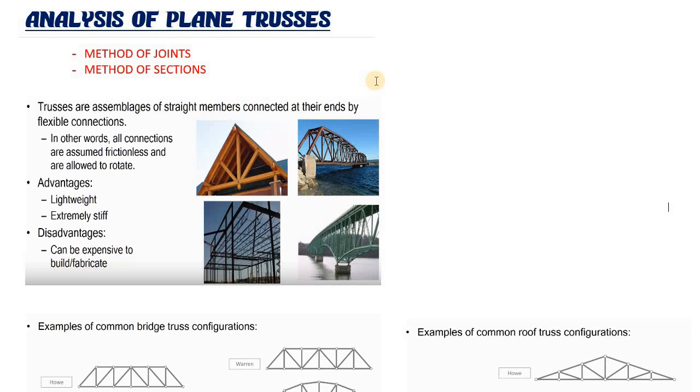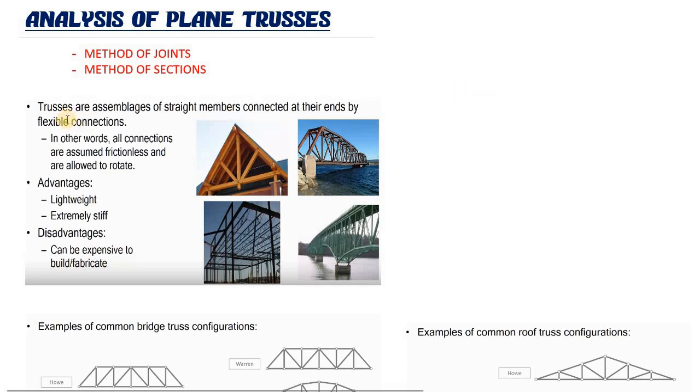So when we are looking at the internal force distribution of trusses, we are only considering axial load. That is, there is no shear, no bending, no moment inside the member of a truss. So you need to know this. In a truss, we don't have shear, we don't have bending, we don't have moment. We only have axial forces.